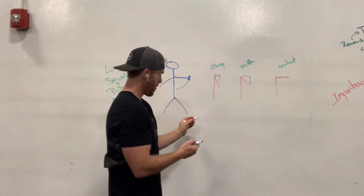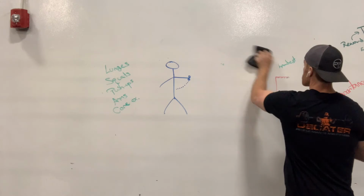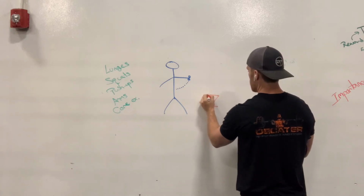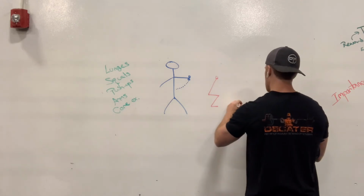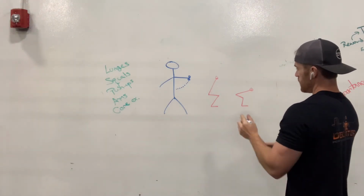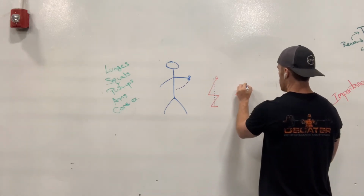So if I draw, see if I can get over here, because this whole left-handed thing doesn't work on that side. So if I draw the squat, and I draw the deadlift, it's easy to see how this line of force, that barbell on the back going through that midfoot,